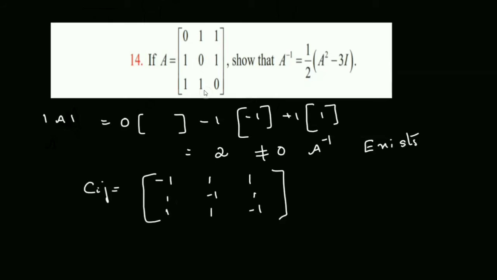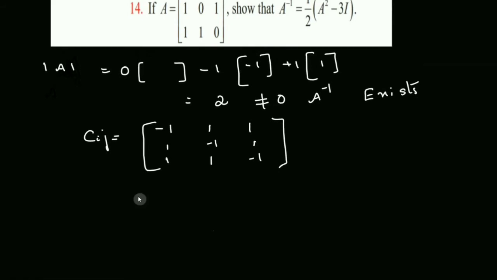Then again 0. For the 0 it is 0 minus 1, so I have written minus 1 here. For 1 it is, cut this row, cut this column, 0 minus 1, it will become plus 1, because these four places you have to change the sign. Now for this 1, it is 1 itself. Let us take this one, 0 minus 1, again this will become plus 1. The last one is 0 minus 1. That is the cofactor matrix.